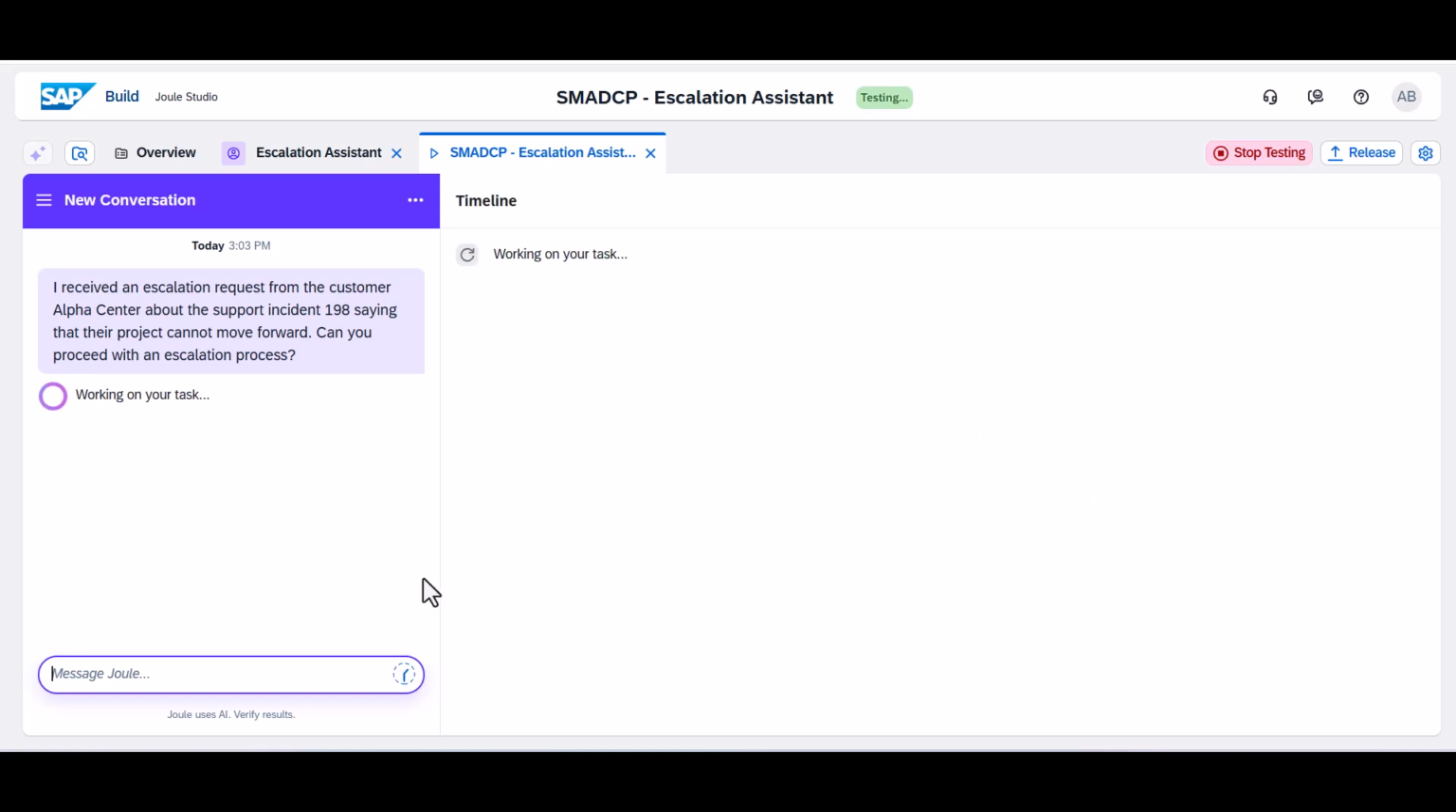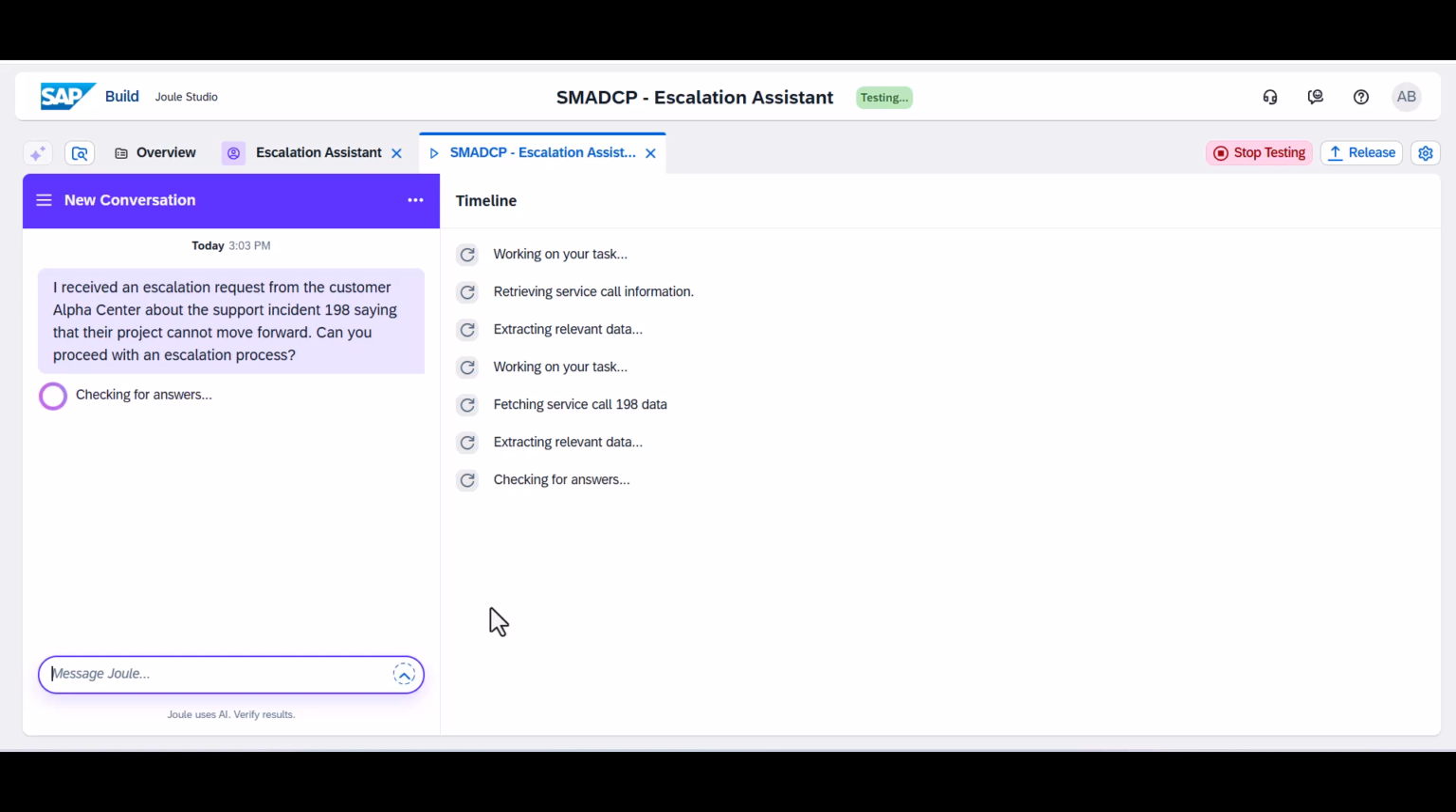The AI agent is triggered by Joule and starts executing its job, which can be instantly viewed in the timeline. Extract the relevant information from the request, basically the service call number and the customer name. Fetch the service call data using the service call number, which includes retrieving the name and email of the contact